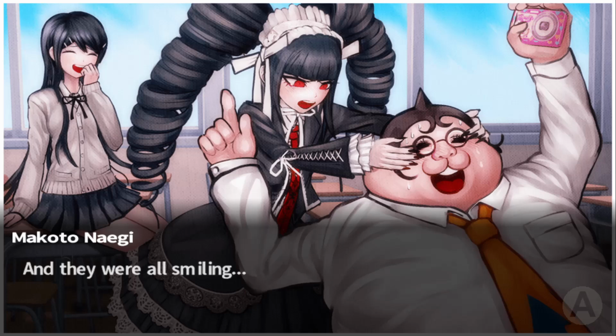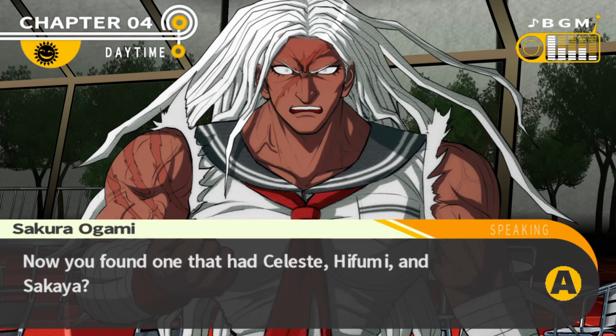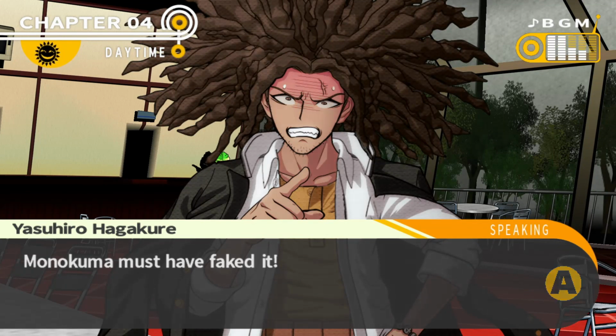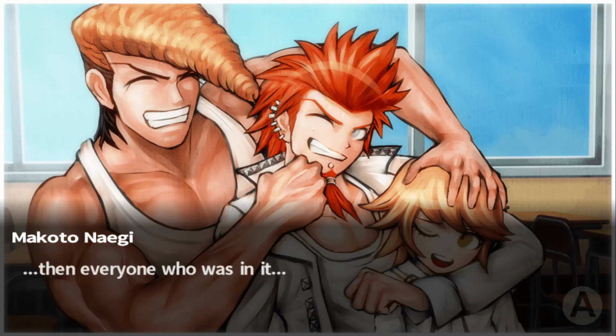I don't think Celeste is smiling, for what it's worth. But sure, we'll go with that. And the classroom in the picture didn't have any metal covering the windows. So the picture of Mondo, Chihiro, and Leon wasn't the only one. Now you found one that had Celeste, Hifumi, and Sayaka. But how can that... Monokuma must have faked it. Yeah. But if the picture is real, didn't we confirm that one or the other one is real by Monokuma? Like he said it was real? I feel like I remember that happening at some point. Then everyone who was in it...